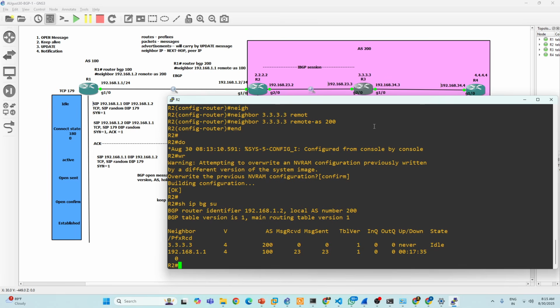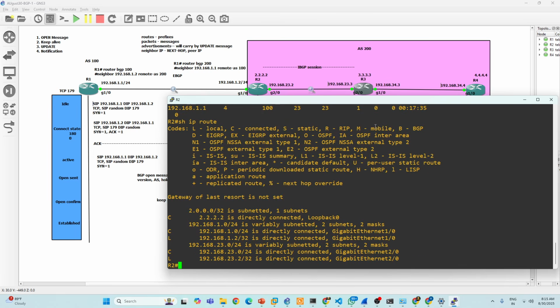It should have reachability. Perfect. You should have reachability. Do we have reachability? Check it. Show IP route. No, it has reachability only for the interface. It doesn't have reachability to 3.3.3.3. Do we have the 3.3.3.3 route in our routing table? No. So you don't have reachability, then TCP will not initiate, right?